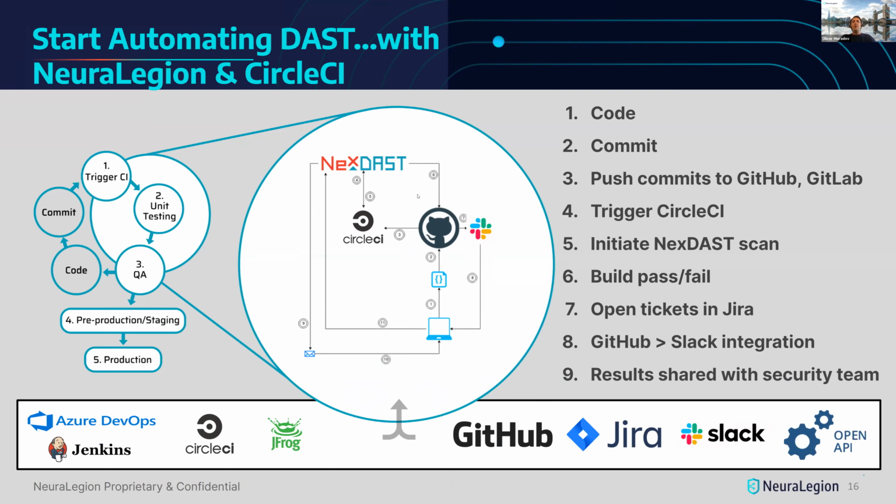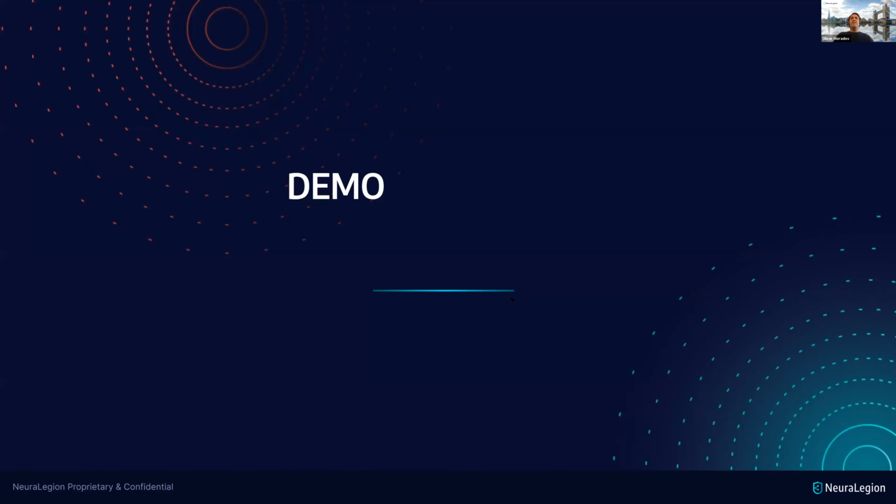We can then go away and open up tickets in Jira or any other ticketing system. We, and indeed CircleCI, have integrations with Slack, for example, if you wanted to do any other messaging. And we also have an open API for seamless integration across your environment. So regardless of how you want to use it, you can also use our technology via the UI, which you will see. But for true CI/CD automation, using CircleCI and NeuraLegion is going to enable you to do that in a very, very seamless way. So without further ado,